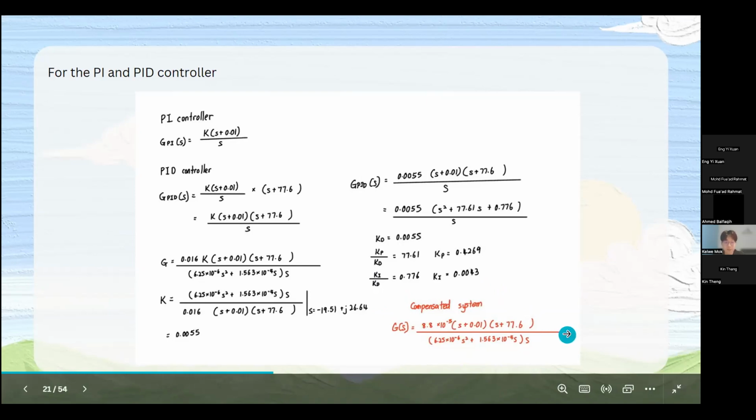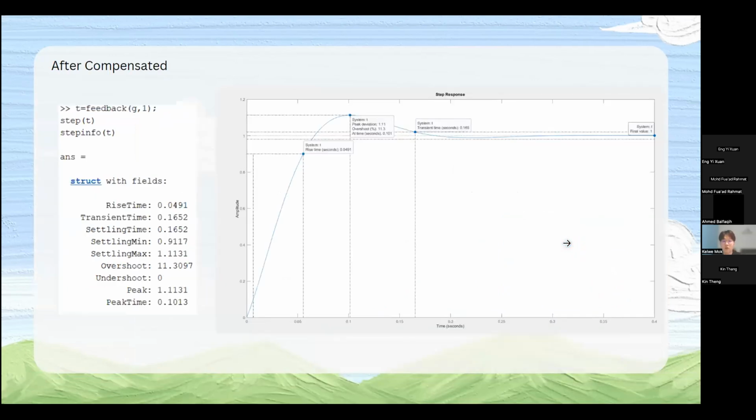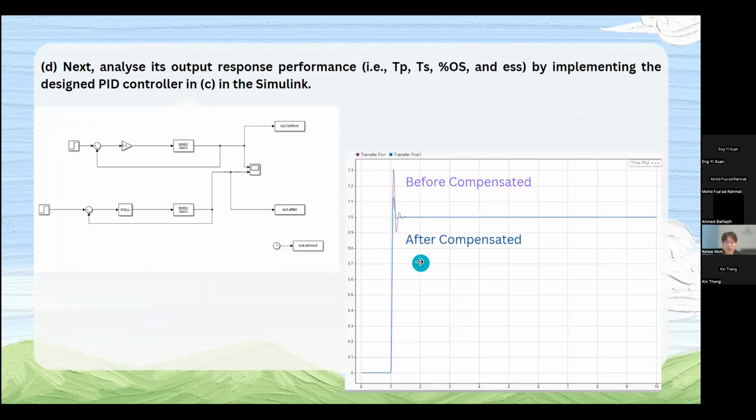And next, this is the MATLAB code to get the dominant pole at 10% overshoot and to verify that our manual calculation is correct. And to verify our design, we simulate the crossroad system response in MATLAB using these parameters. So the results show the improved performance with reduced setting time, lower overshoot, and minimized steady-state error. Next. And in the simulation, we have used the workspace and the step info function to show all the output